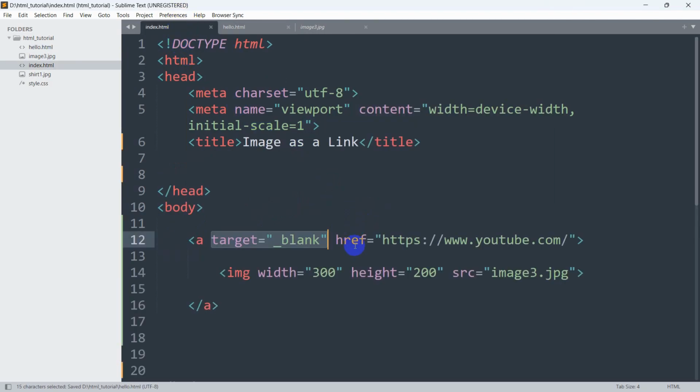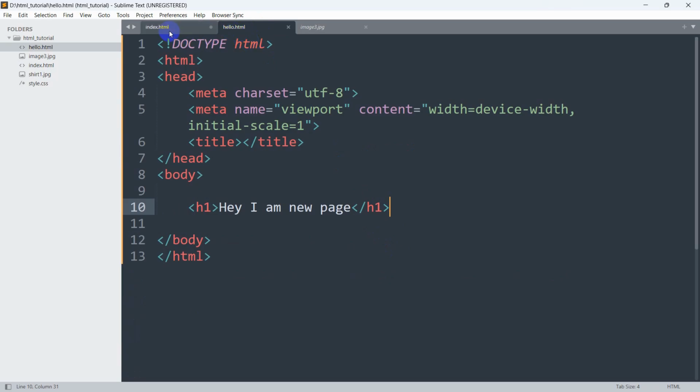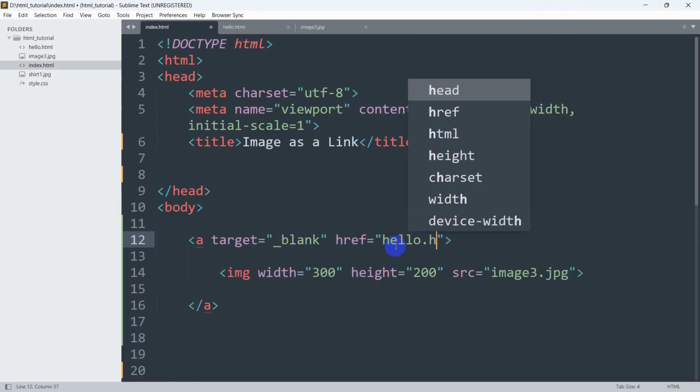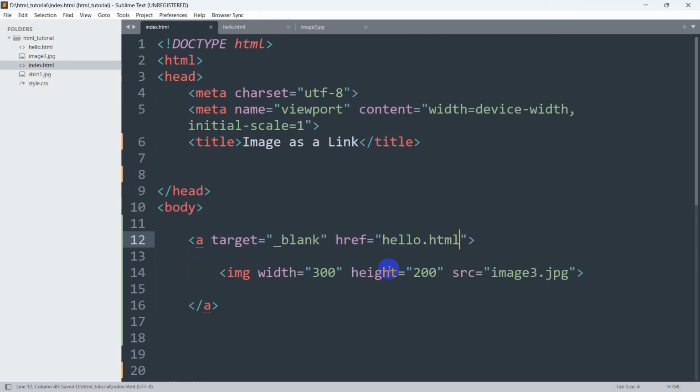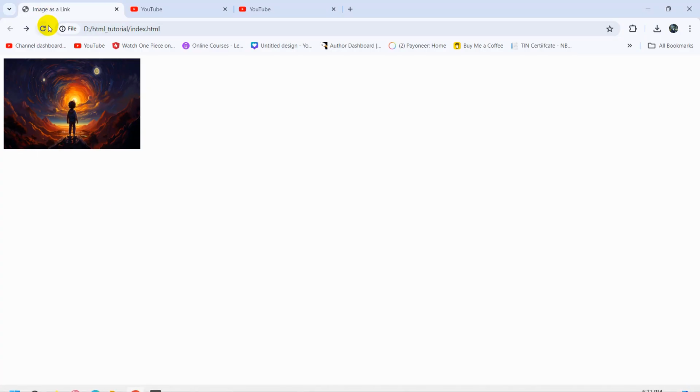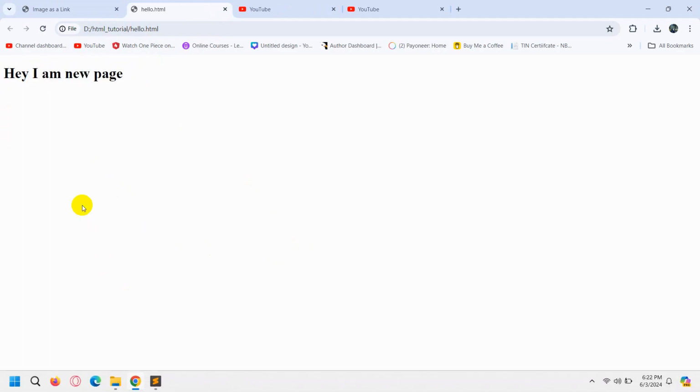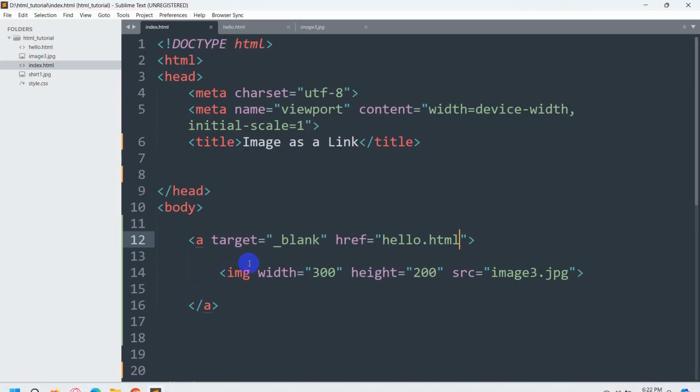So right now what we are going to do is that in the href, instead of mentioning this URL, we are going to mention this hello.html. So we just click to send here hello.html. If we now save this, refresh here, then click on the image, it opened hello.html. You can see I am a new page. And if you want to open it in the same page, then just remove the target blank from here